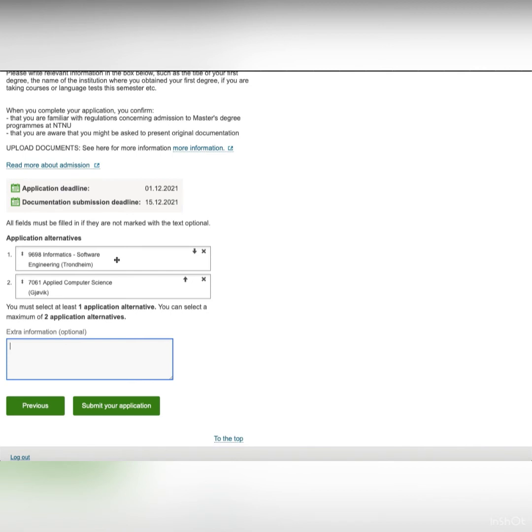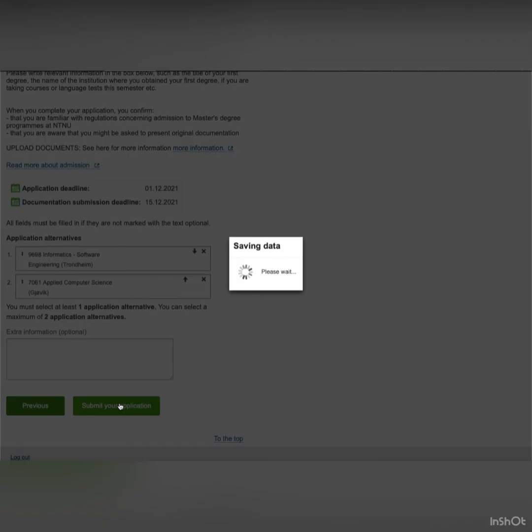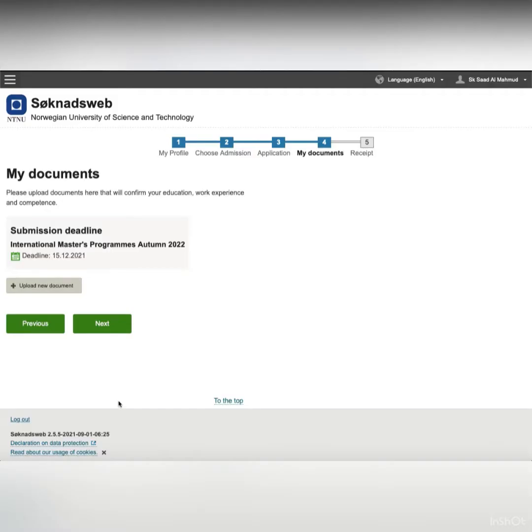So this basically means that if we get selected for this one, they will no longer consider me for this. But if somehow we're not selected in this subject, then they'll pick this. But they'll first check my requirements for this. So if I'm selected in this, then this will be ignored. But if I'm not selected in this, then they will check my documents for this one. So if I submit that, then